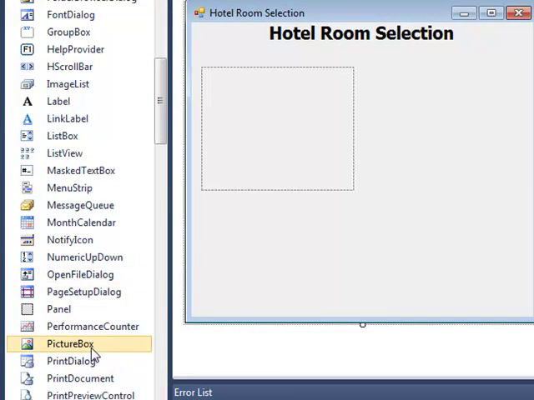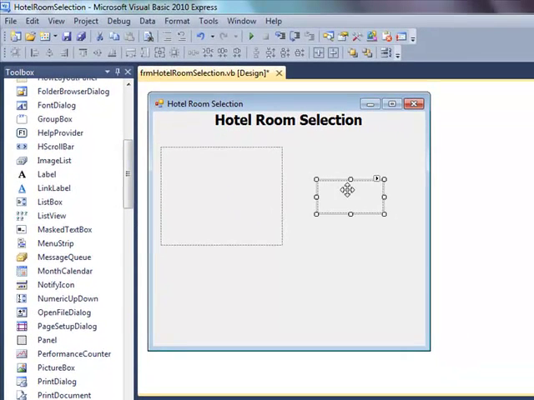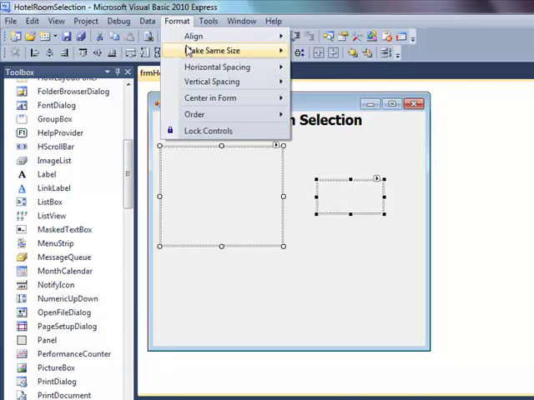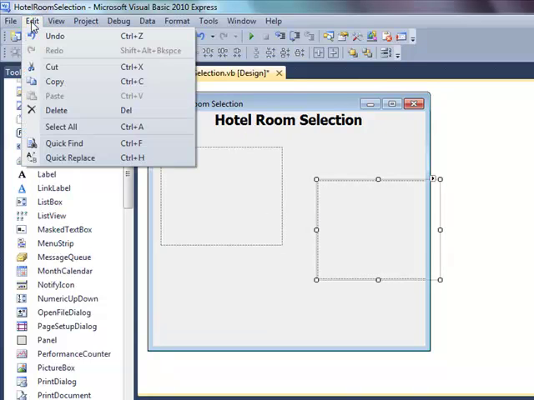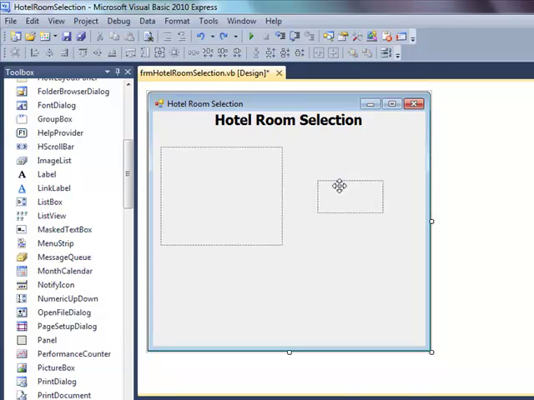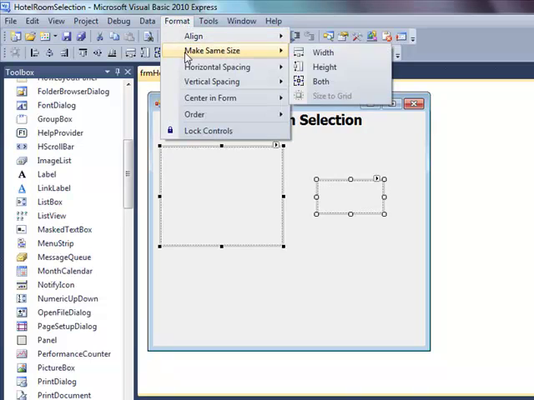LMNOP, picture box. Okay, now we're going to put this one here. Now, we want to make this picture box the same size as this picture box. We can look at the size of this picture box and make this one the same size, or we can select this picture box, hold down our control key, select this picture box, go to our format menu, go to make the same size, and choose both. Now, it's important that you select this one first and then this one because, watch this, if we do undo, now watch, if we pick this one first and then this one, and then we go to format and make same size,